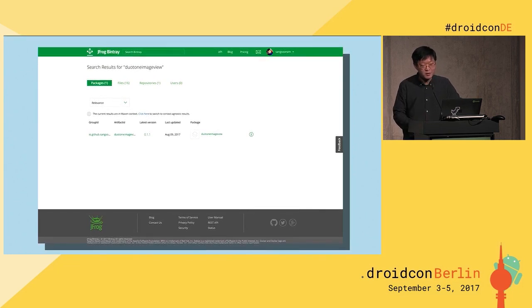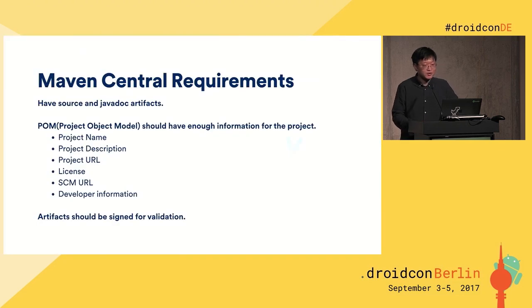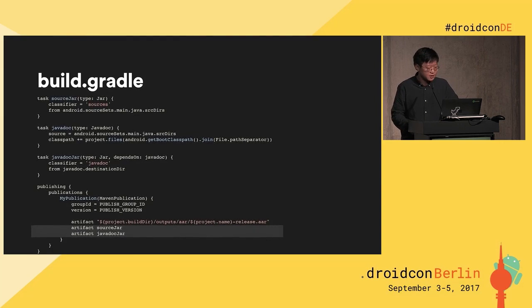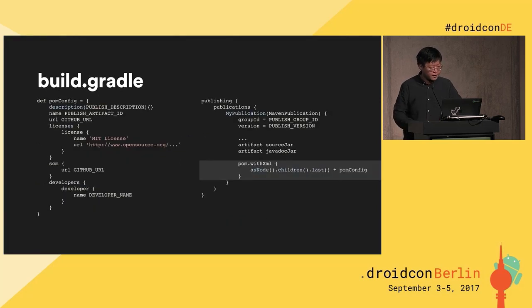And then let's try to follow the Maven Central requirements to release that. If you remember the three things: source and Java artifacts, the POM file should have enough information, and the artifact should be signed. To include the source and javadoc jars, I added 2 lines, and each line is from the above task. The line is a little bit different, or the content, because the location of the Javadoc is a little bit different. And then you can also include the required information in the POM file. And this is totally the same between Java and Android.